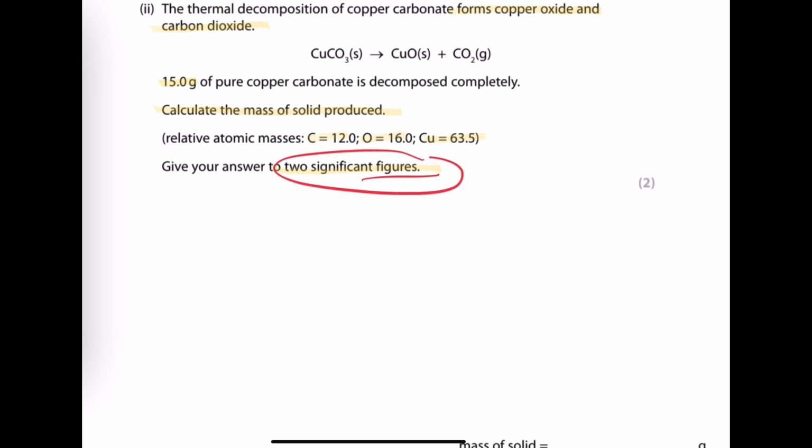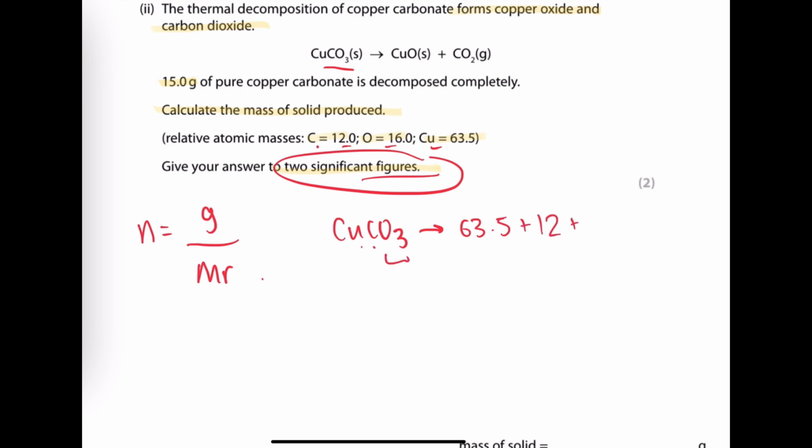So the equation that we are going to use is moles equals grams over Mr. We're going to start by finding the formula mass of copper carbonate. How we do this is we just add all of this. We have 1 copper, so 63.5. We have 1 carbon, so that's 12. We have 3 oxygens, so that's 16 plus 16 plus 16. We know that that equals